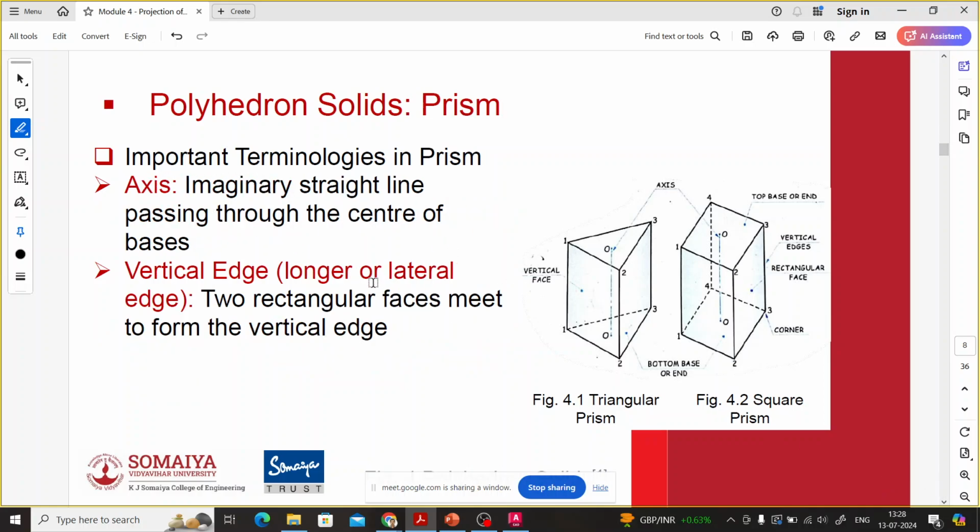Now axis. What is the axis? In case of prisms, the axis will be imaginary. It will be joining the top base center and the bottom base geometric center. Correct? Now, what is the vertical edge